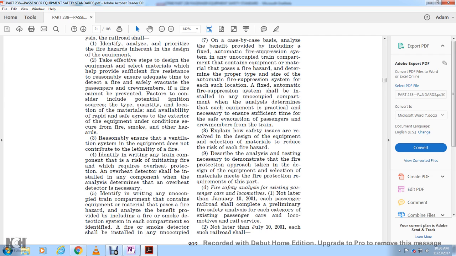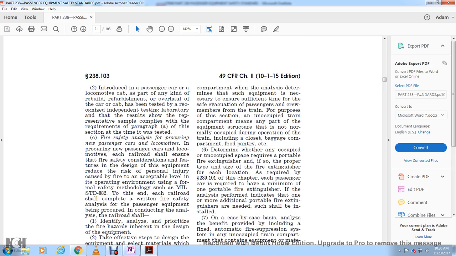Identify the unoccupied train component containing equipment material with the potential for fire, including the fire and smoke protection system for the compartment. A fire smoke detector shall be installed in an occupied compartment where the analysis determines it is necessary to ensure sufficient time for the safe evacuation of passengers and crew members of